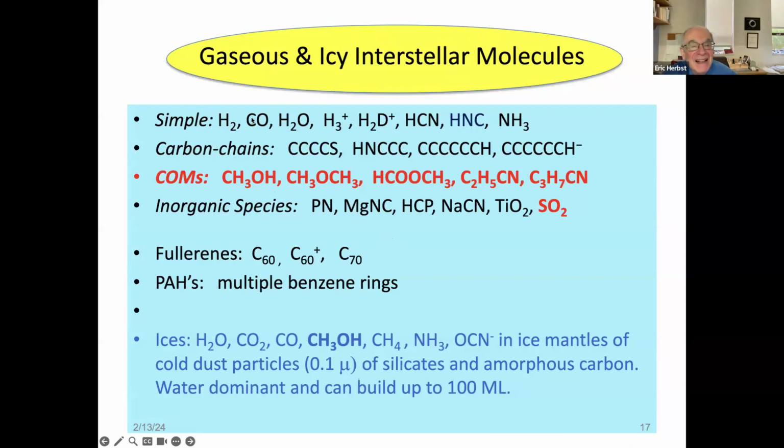So first I start with simple molecules, and these simple ones, as you see here, start off with molecular hydrogen, and ammonia is here. And then we actually have what are called cations by chemists. They're missing a charge, and this is H3 plus. And then there's a deuterated version. One of the hydrogens has switched to deuterium. Here are our carbon chains. These really look crazy when you can actually see the structures. Lots of carbon atoms, up now to 10 carbon atoms in a line. And then we have the complex organic molecules that aren't complex, but they are organic because they have some carbon.